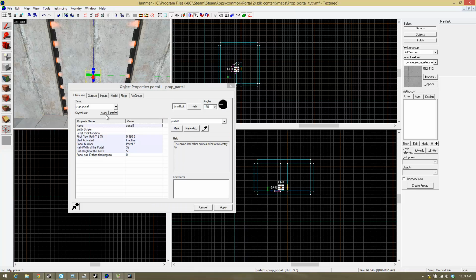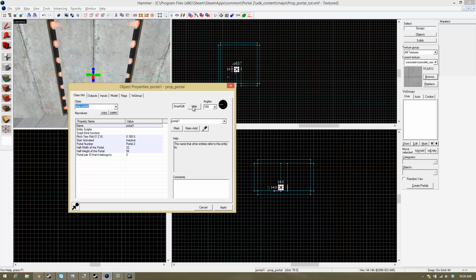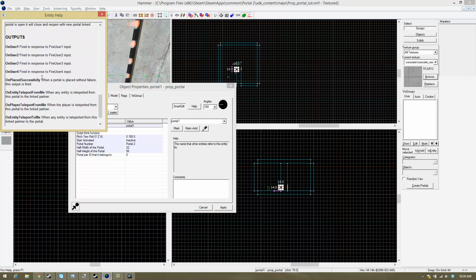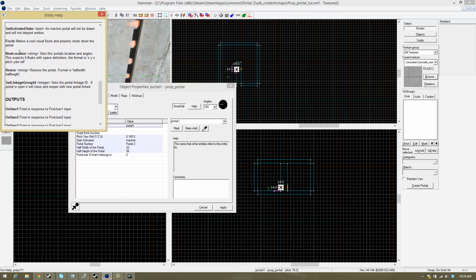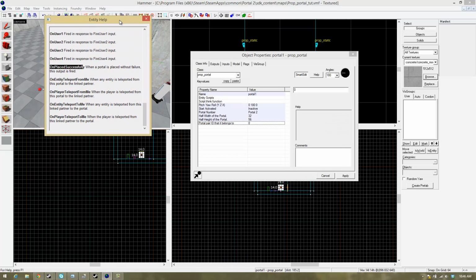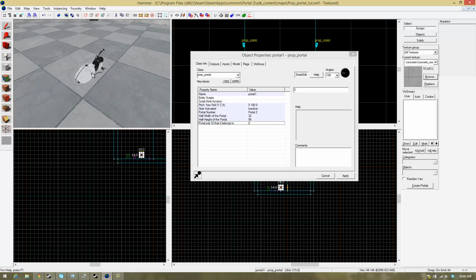All right, let's take a look at some other stuff that's in here. All right. There's an output actually. So let me take a look at the output right here. All right, let me make sure that I have everything. Okay, you can resize the portals. It's not anything on place successfully. This one is pretty useful. If say you want your portal gun to only last for a few